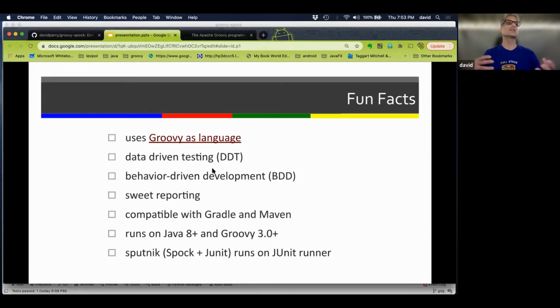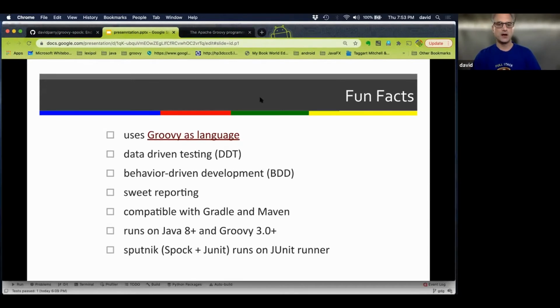This is the data-driven testing. So I'm going to show you in Groovy and in this Spock language, it's a DSL for testing. It's very fluid and it's readable. If you look at JUnit and JUnit 5, it started to become a lot more readable, you have data with it, a little bit more readable. Groovy is just that much better because it's using the AST kind of tree and a language. It's a true language in itself. And it has sweet reporting on things.